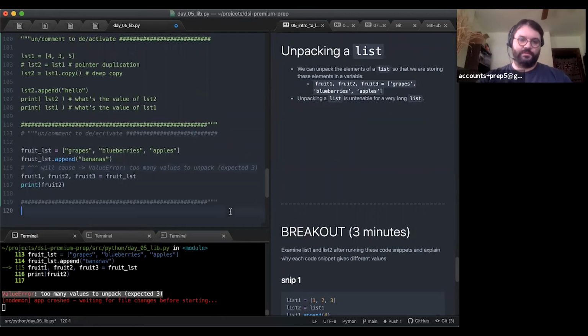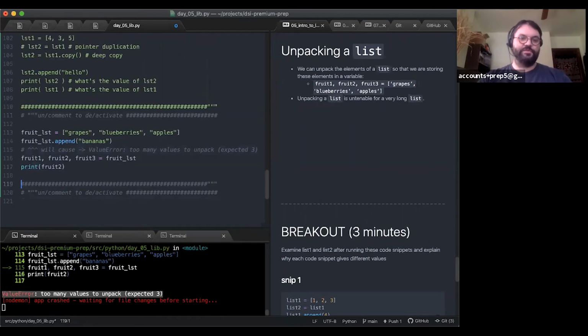So I don't find myself using unpacking on lists all that often, kind of for this reason: since lists are mutable, I can't really make guarantees about how many elements are going to be in the list. So maybe you do some type checking, or you check the length ahead of time. You make sure, if len of list equals 3, then you can do your unpack.